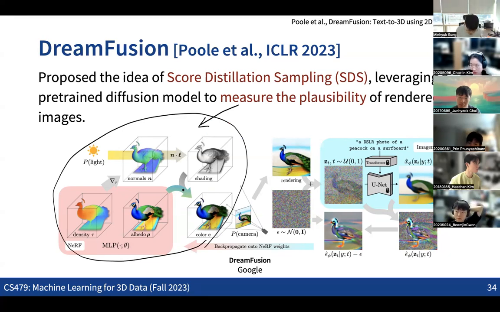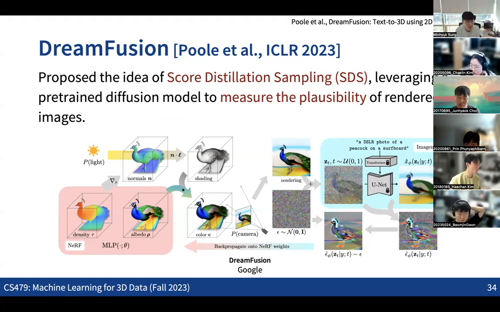So what we want to do is render this NeRF reconstruction into multiple views. And we want to have some kind of discriminator, which is checking whether the rendered images are realistic or not. So we are giving this kind of guidance when you render the NeRF output into multiple images. For each of the images, we are giving the guidance in terms of whether the images are realistic or not. If the images are not realistic, we give some kind of penalty in running the backpropagation in order to update the NeRF, using the information from the discriminator. Is this clear?